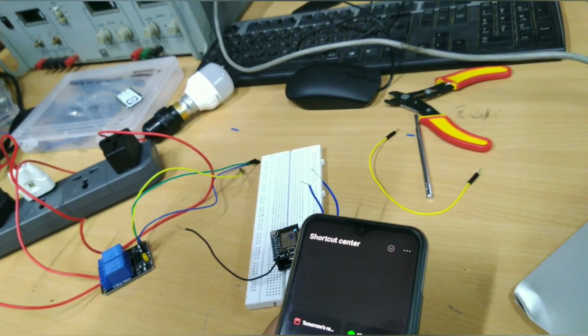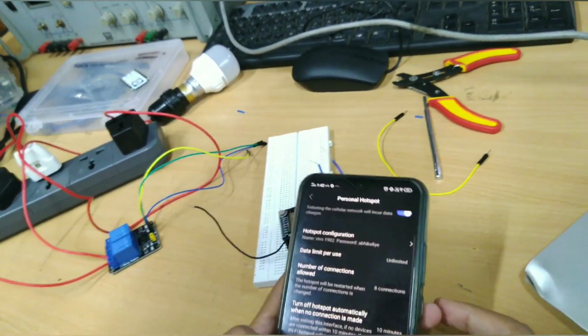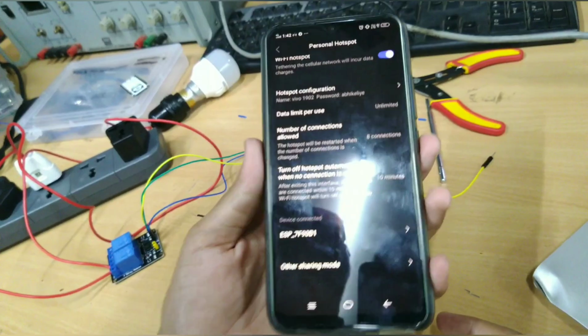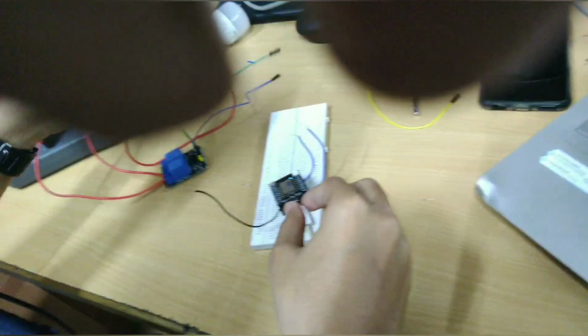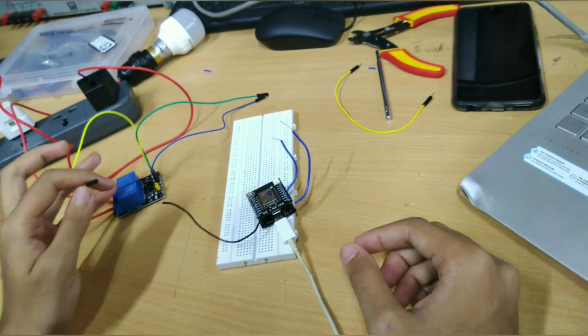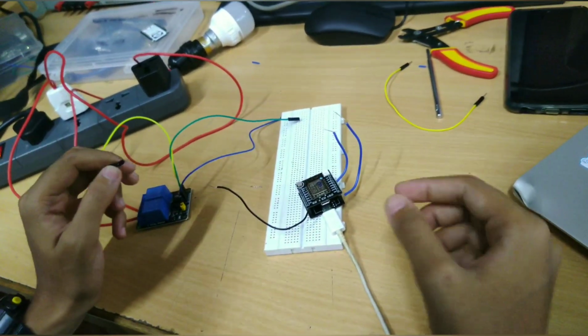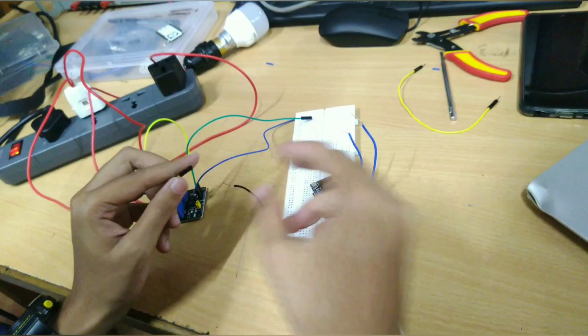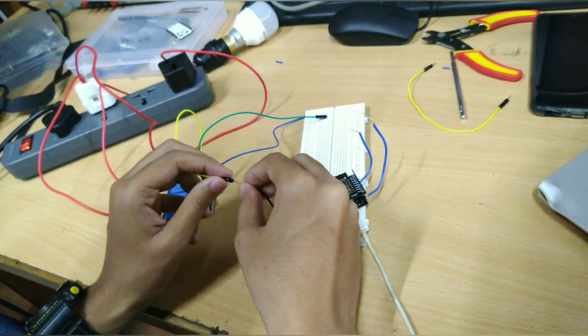Later on we will check the connections properly before connecting, and also check if the ESP is connected. Yes, ESP is connected over here. Then we do the connections. We will connect the VT board with the relay. Simply we will connect the VCC of the relay to the VCC of the VT board.